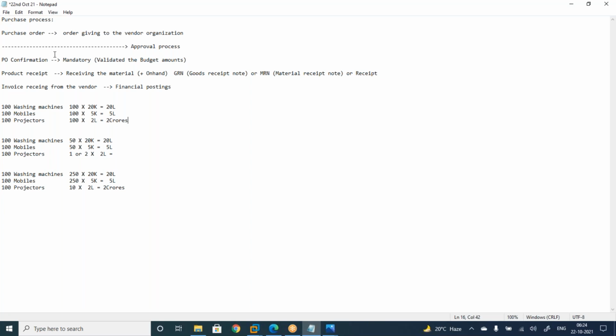So that is the reason the approval and confirmation process will be done by managers, and they will validate it, and then only it will be processed. Okay, fine. So the entire company's progress depends on purchasing the material in a proper manner. It should be in time, and it should not be dead funds, because